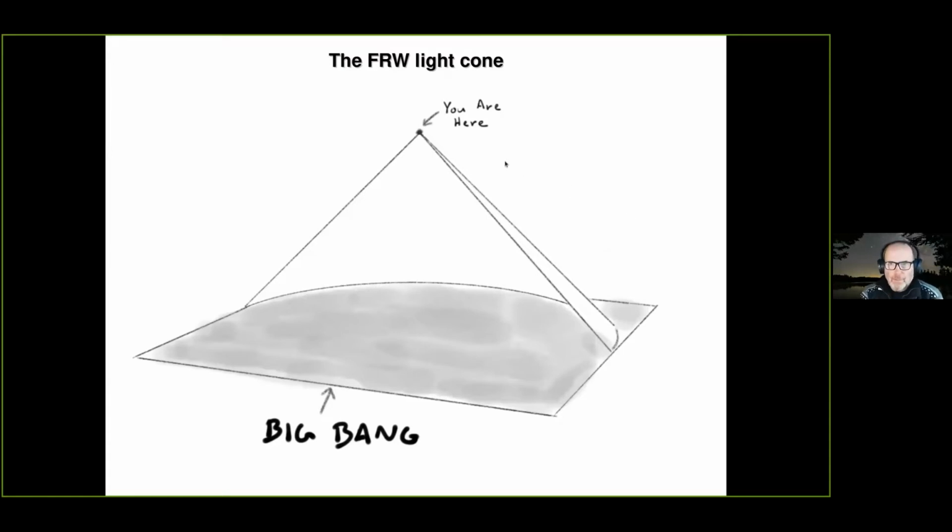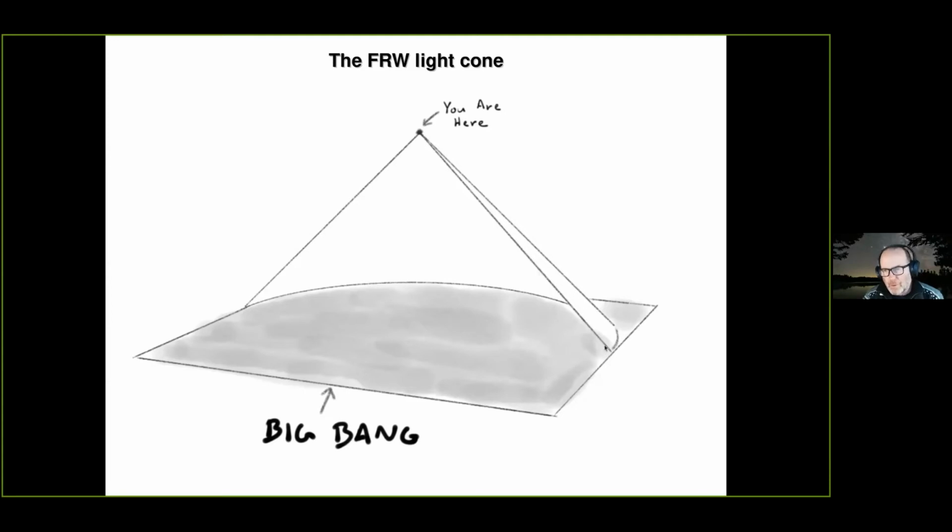So if we draw our past light cone in a cosmological space-time, so we're up here, this is here and now. If we look back along our past light cone, looking out in space is looking back in time because of the finite speed of light. If we look at the sun, we see it as it was 8 minutes ago. If we look at the Andromeda galaxy, we see it as it was 2.5 million years ago. If we look at a supernova at a distance of 1 billion light years, we see it as it was 1 billion years ago. So we look out along our light cone, we look out in space, back in time,